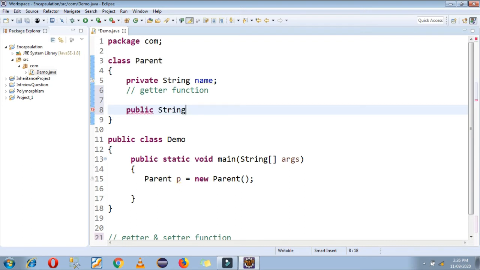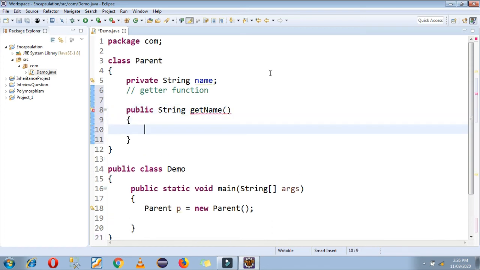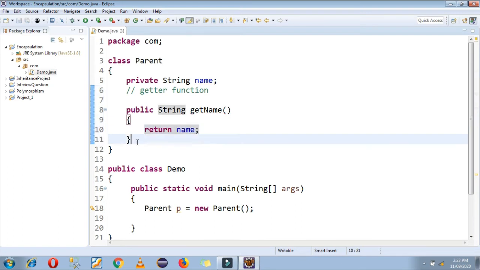Public, the data type of your variable, that is String, get, and your variable name. The first letter of your variable should be capital. If you are providing any data type other than void, that means you have to return some value to the main function, that is a String kind of value.